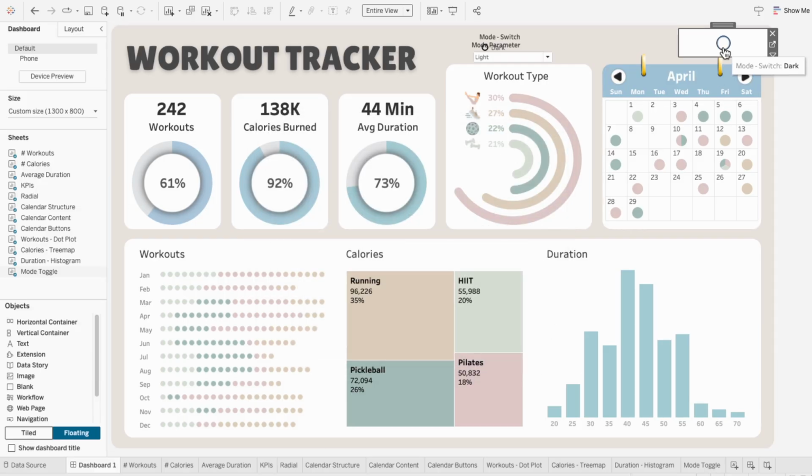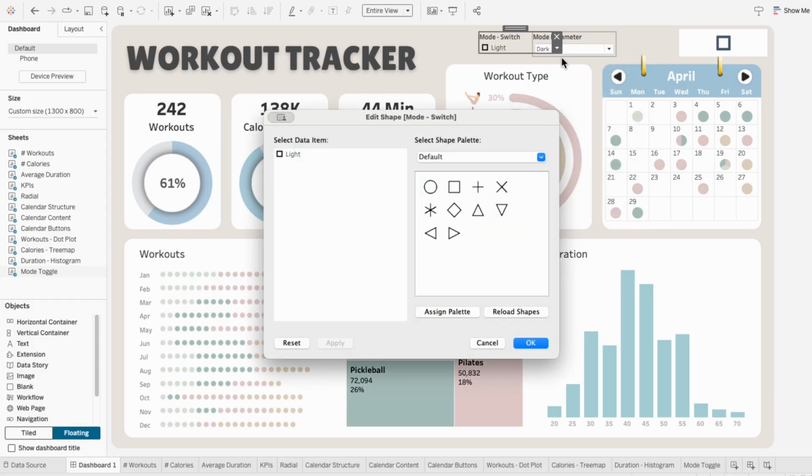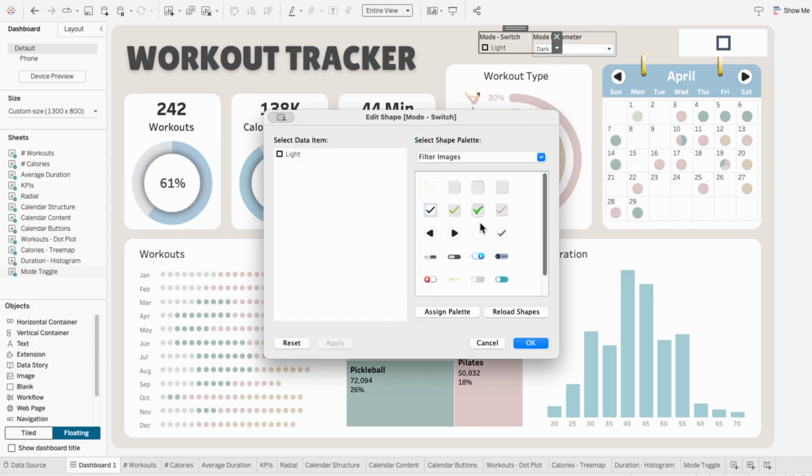So when I click on the circle that represents dark, you can see it changes to a square which represents light. Since the parameter controls the toggle, it's always going to be the opposite. And it doesn't really matter which is which, as long as everything is adjusted consistently. So I'll start by editing the shapes for the switch to make them more intuitive. I created these in Canva in about a minute, but you can use any image you want. And at the end of the video, I'll show some options I created and include links to the images in